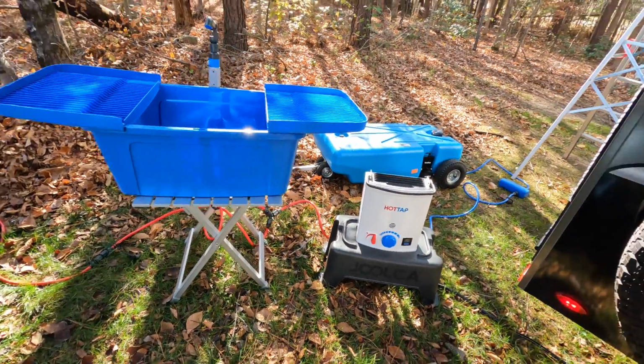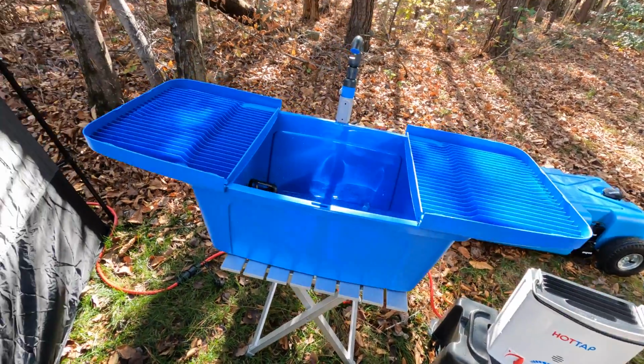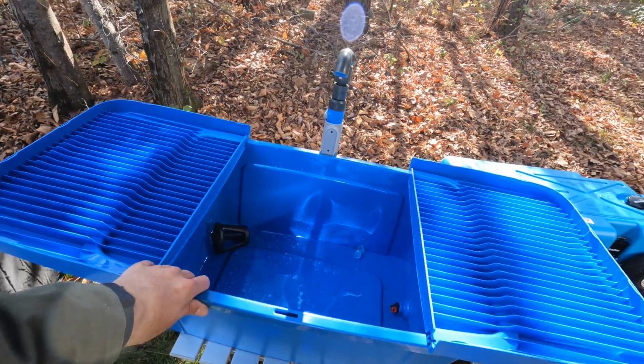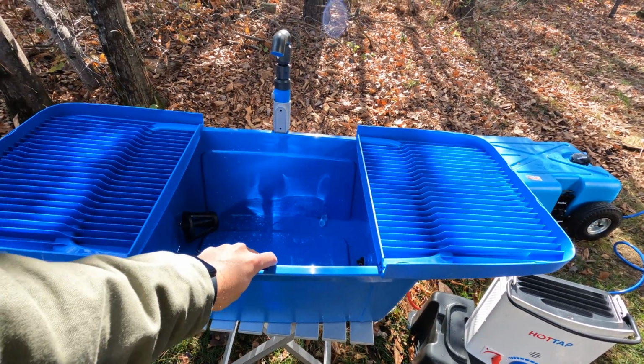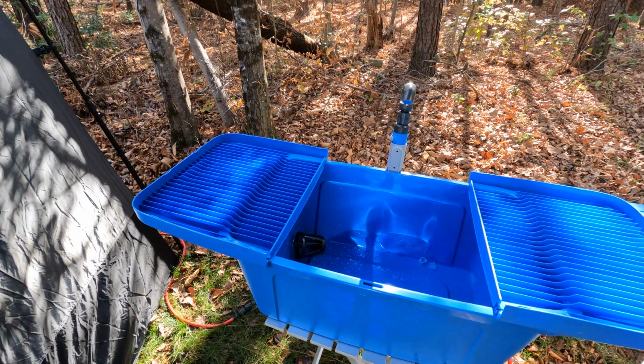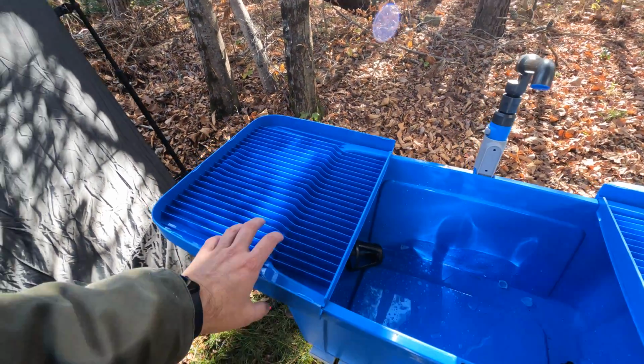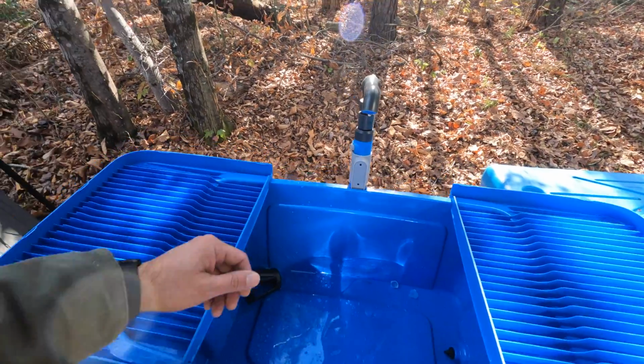This is the Hot Tap V2, I believe. It's great because it comes as a kit with this bucket where you store everything in, and then it becomes a sink. The lids turn into a drying rack, and